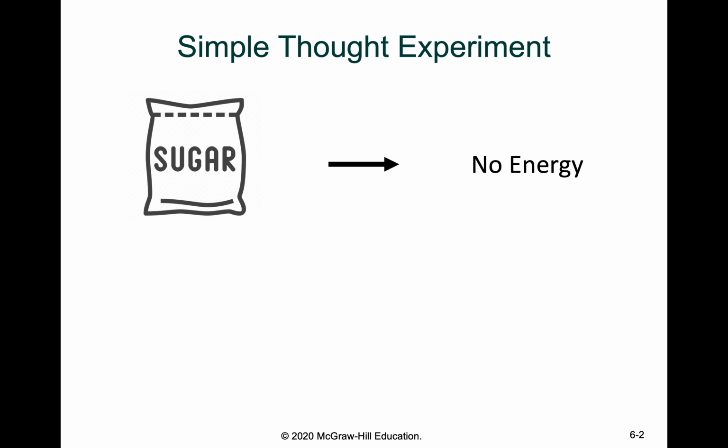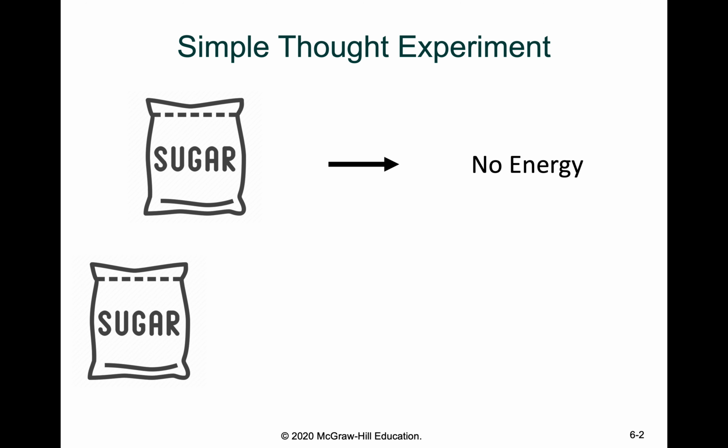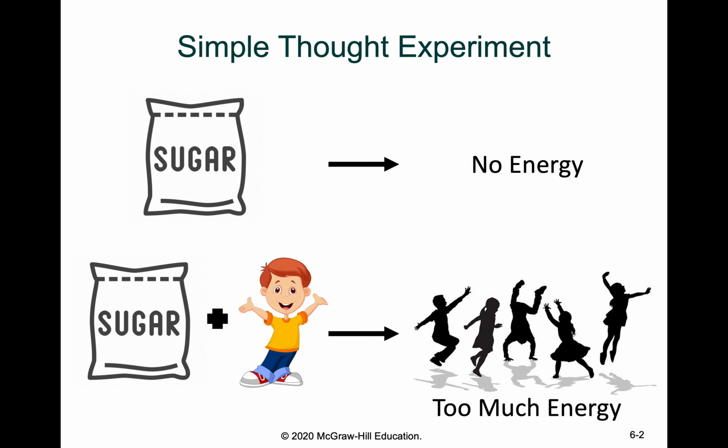Now, if you take sugar and feed it to kids, for those of you who are parents, you know very well what happens. You get too much energy, right? So something obviously is happening when we feed it to kids, or any adult for that matter, or any biological organism that can metabolize sugar, in which we are able to extract energy from that substance. And so part of the question is, how does this happen? And we'll find, hopefully today, that enzymes are a key role in turning sugar into energy.